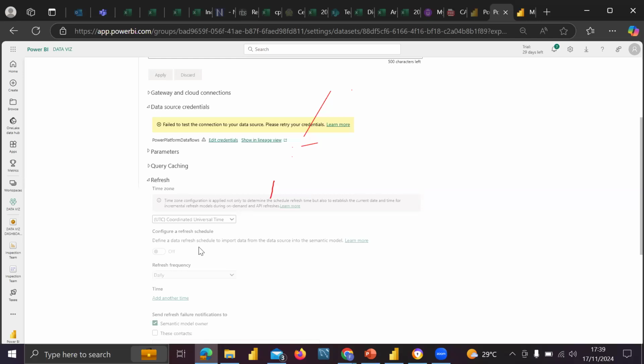For this schedule refresh, how it works is that for data that are not on cloud, they are on premise, not online, like these Excel files, those are on-premise data. For all those kinds of data, a schedule refresh will not automatically work.